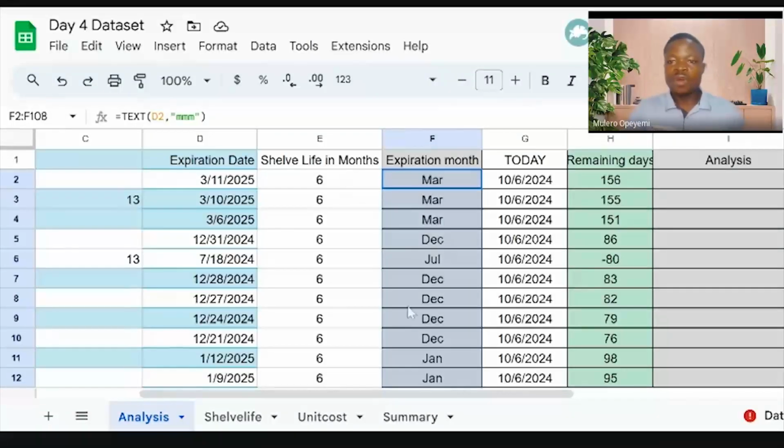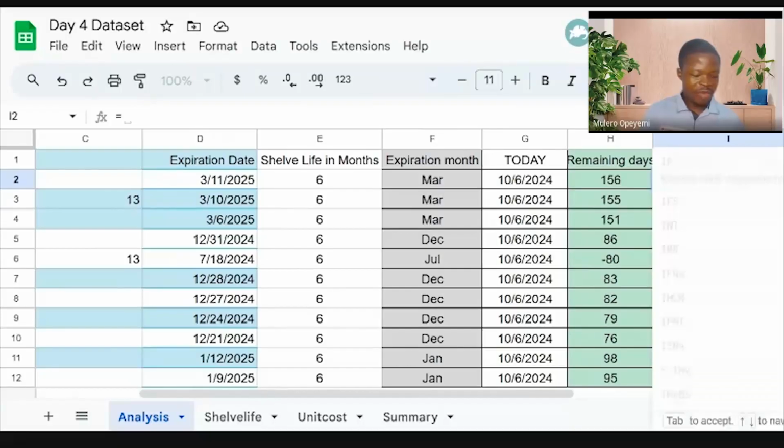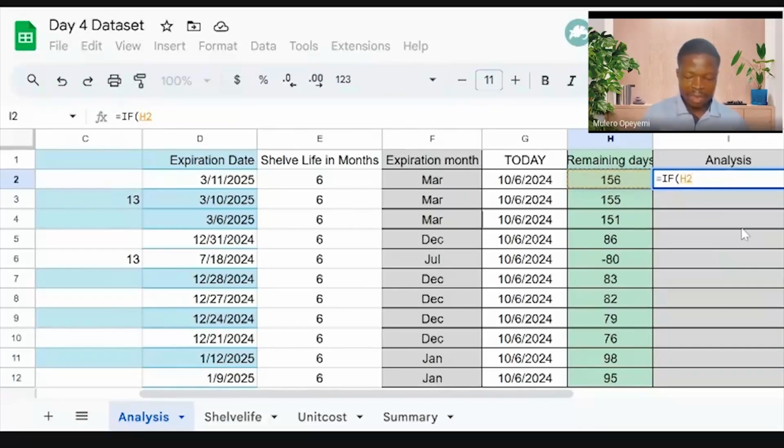Let's start from a simple if statement. Let's start with the if first, then we'll do nested if. If remaining days is less than 30, or let me start with less than 0. Of course, when it's negative, you know that means the product has expired. Less than 0, then return